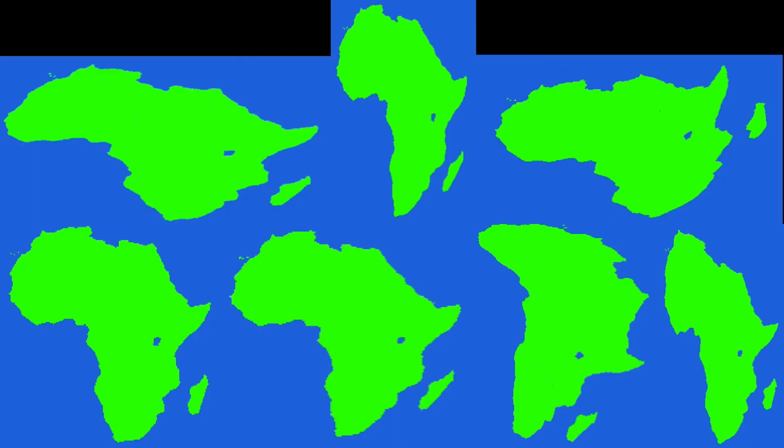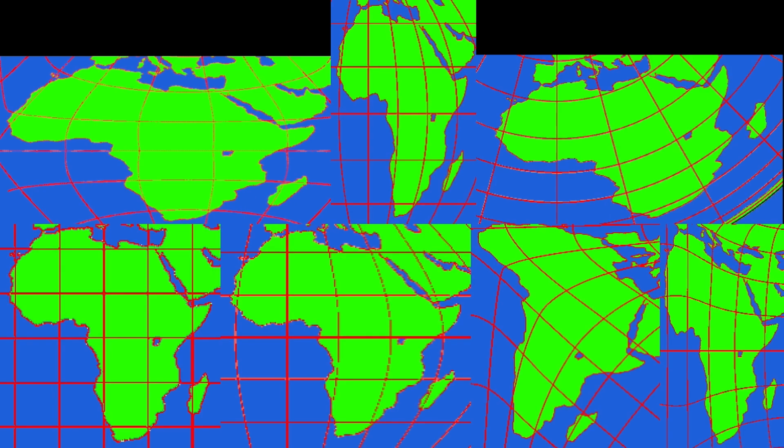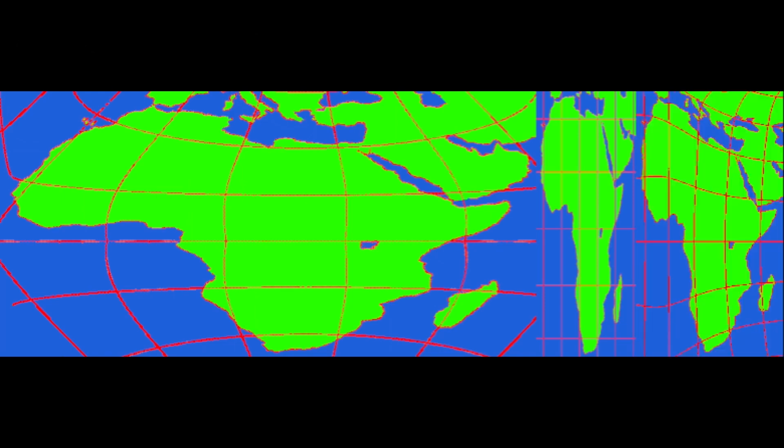Here are several different projections of Africa. Notice the shape of the continent and the angles on the coastline changes. This is because of the coordinate system. When the bounded area is largely composed of wide rectangles, Africa becomes squat and wide. When the bounded area is largely composed of tall, thin rectangles, Africa becomes tall and thin. When the bounded areas containing Western Africa are thinner than the ones containing Central and Eastern Africa, Western Africa becomes noticeably more stout.